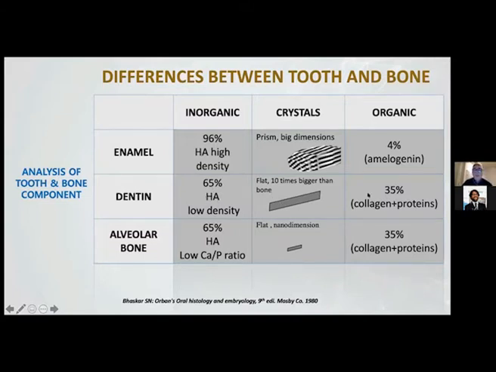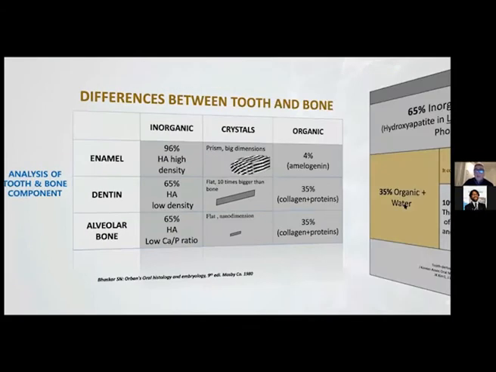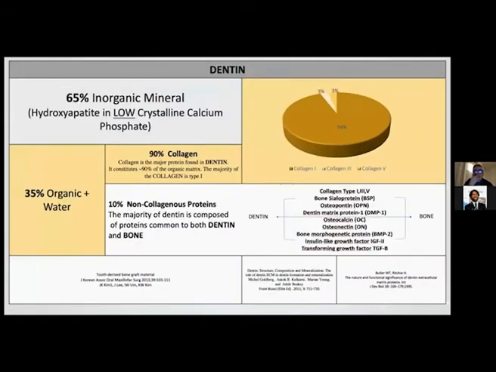a low density, and the alveolar bone has the same quantity of HA, but the dimension of the HA is flat and nano dimension. It is like 10 times lighter than the dentin. And the organic part is the same. We have 35% collagen and proteins. But if we analyze this part, the 35% is organic, 90% of this 35% is collagen, and 10% is non-collagenous protein. This non-collagenous protein is very similar between dentin and bone, and in this image it's possible